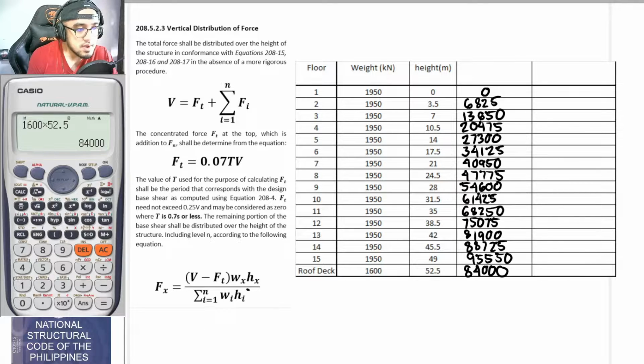Okay, so that is basically this particular value here. So let me show you later what is the importance of that. Okay, so once again, I would just be getting the total of all of this. So that is 6825 plus 150 plus 2475 plus 27300 plus 3415 plus 40950 plus 47775 plus 54600 plus 6145 plus 6250 plus 75075 plus 81900 plus 8725 plus 9550 plus 84,000. So the total is